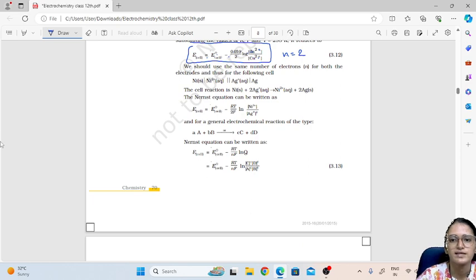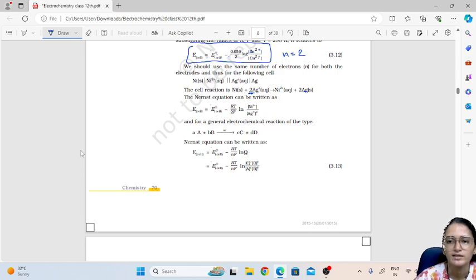So if I take this example, nickel and silver, then the equation will be what? E of cell is equal to E naught of cell minus RT by 2F. Here 2 electrons are being exchanged. Silver has only 1 ion, but since nickel can give 2 electrons, silver has to take those 2, so how many silver ions are we taking? 2 silver ions, that's why we have to put 2 over here, to balance. So that's how we are getting 2 here.